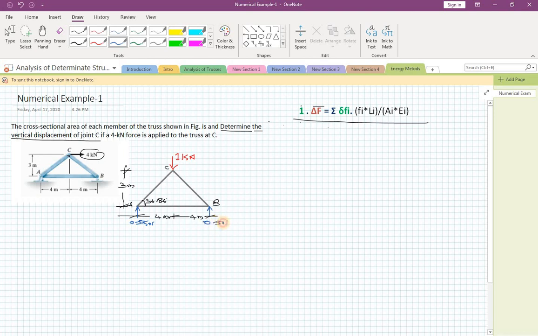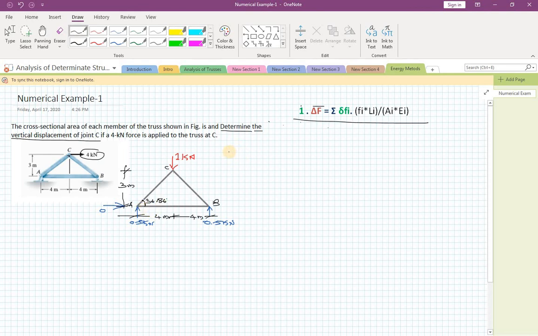This also comes out to be 0.5 kilonewtons because there is a total downward load of 1 kilonewton. It goes equally into A and B supports. Of course, there will be one more horizontal reaction which will always be equal to 0 because we don't have any horizontal forces. Now, let me start with joint A and draw the free